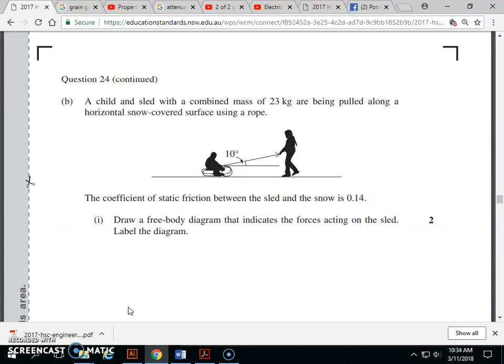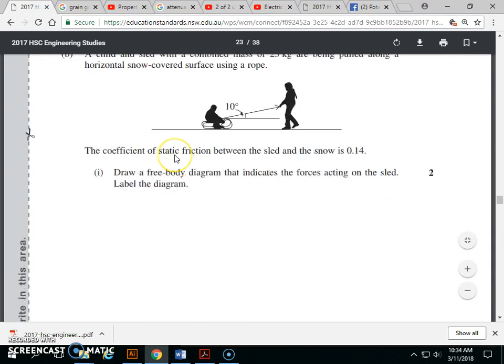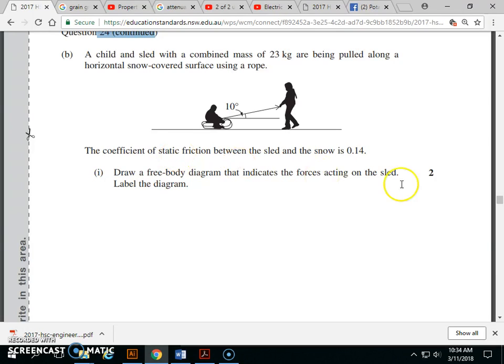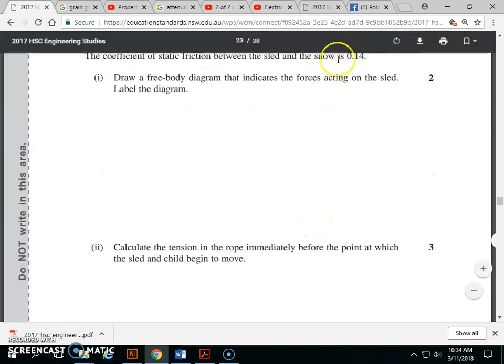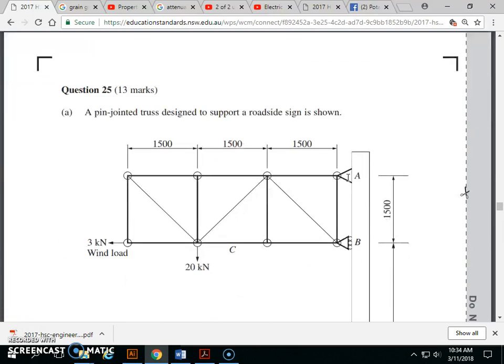In this video, I'm now going to continue on with the 2017 HSC Engineering Studies question. For this question 24, I'm actually going to leave this one and come back to it. So it might be a little bit out of sequence the way that I put these up. The reason for that is because I don't have a drawing and I don't like the way that they've answered the question. So I'm going to do that one as a separate one when I feel like drawing something on